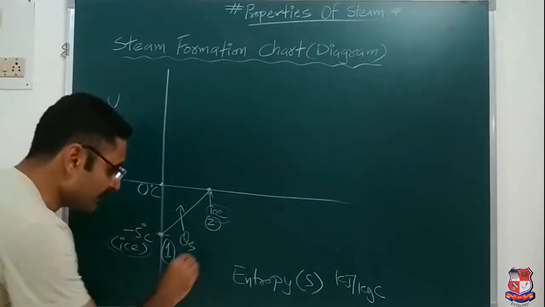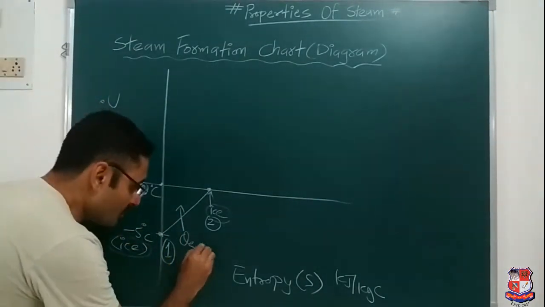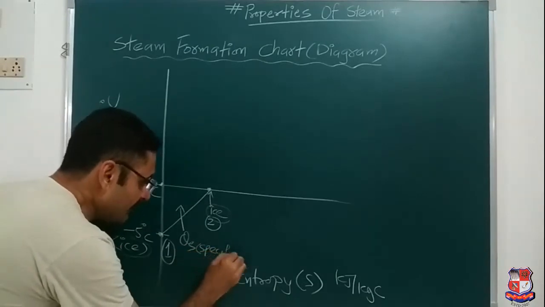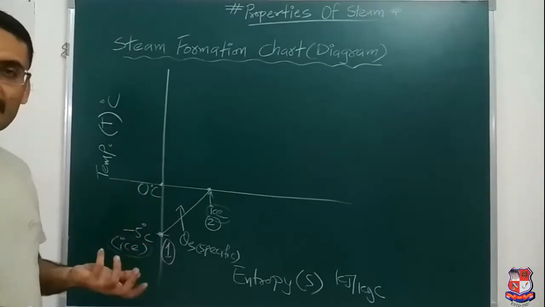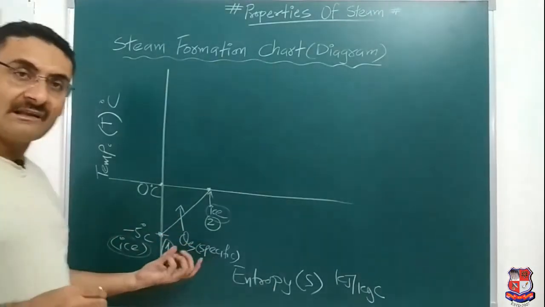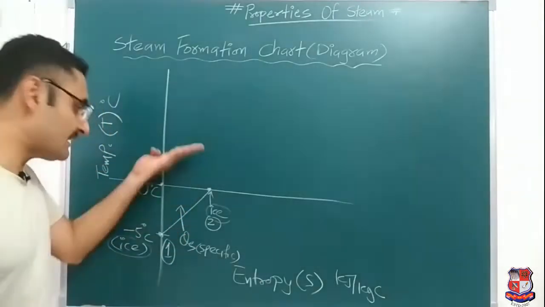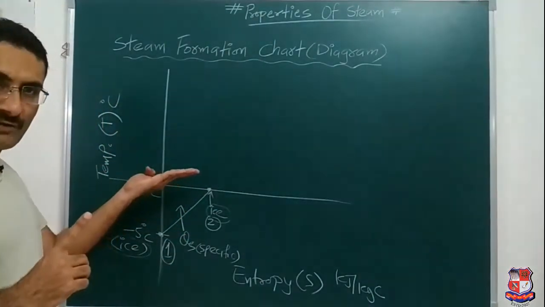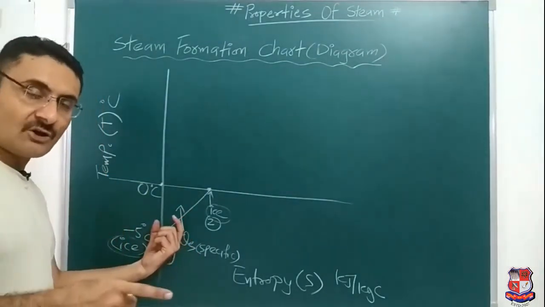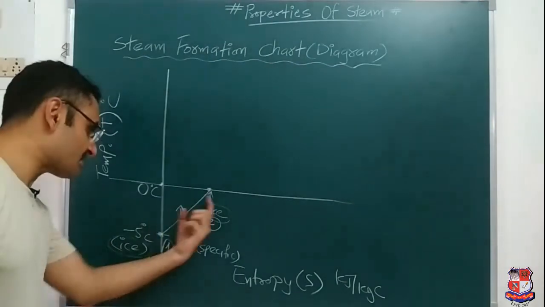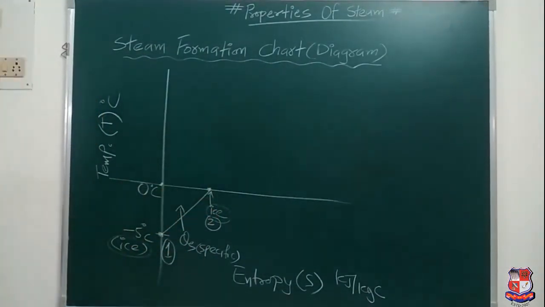So when the phase is not changed and only the temperature is increased with the help of heat, that type of heat is known as specific heat, or sensible heat. Sensible and specific heat are the same. Sensible heat is the amount of heat required to increase the temperature of a unit mass by 1 degree centigrade. That means sensible heat will not affect the phase of the substance, so the phase remains the same. That is why we have supplied specific heat here.